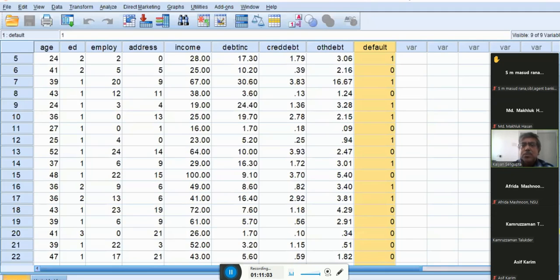This was my original value, if you remember, and this is the predicted value. So 1, it is giving 1, no error. 0, it is giving 0. 1, it is giving 1. But here it was 1 and it made an error, giving 0. So this is why we are losing percentage.